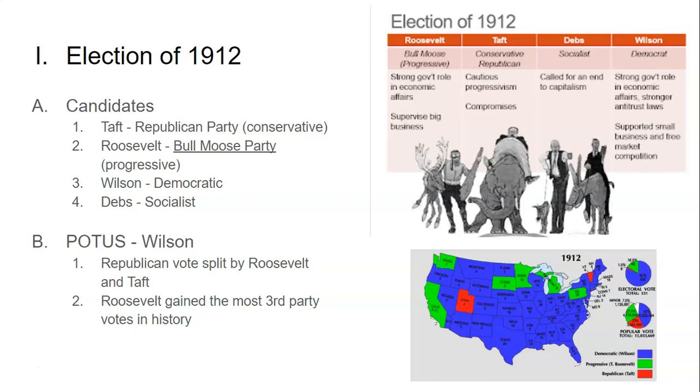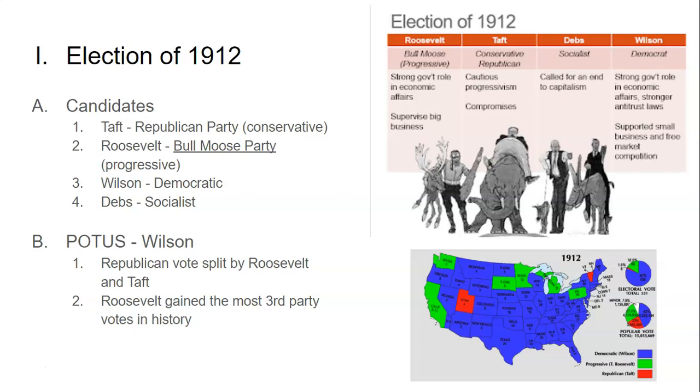If you remember from our last notes, there was a split in the Republican Party over Taft and Roosevelt's falling out with each other. Taft was not as progressive as Roosevelt and some of the more progressive members of the Republican Party wanted. And so Taft is going to attract the more conservative wing of the Republican Party that prefers more compromises on progressivism, whereas Roosevelt is going to form his own third party called the Bull Moose Party, which is going to attract some more progressive beliefs and some more progressive Republicans.